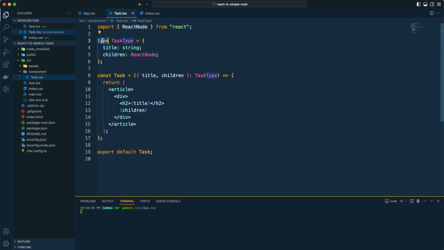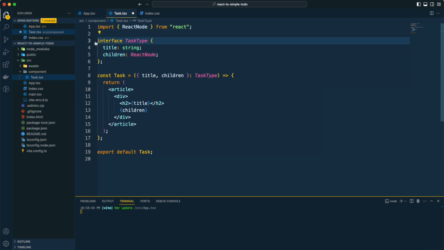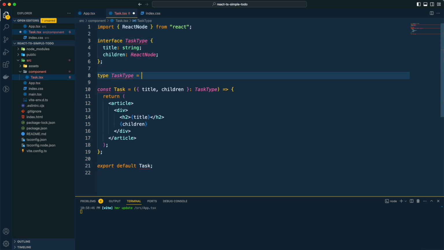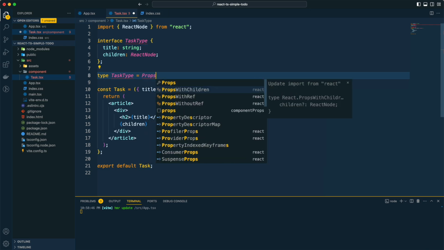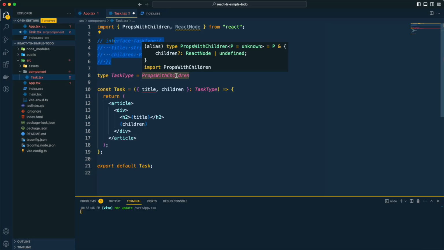So for this kind of approach we can do it by interface as I have already mentioned, but with the type keyword we can do another thing which is PropsWithChildren, and this is also a special type which is coming from React. Now let me just comment it out, and with this we can see it is already coming with the children prop. By defining this we are accepting the children prop, and the children prop type is ReactNode, which we have defined here like this. But with this one we don't need to define it, it is already available, and this